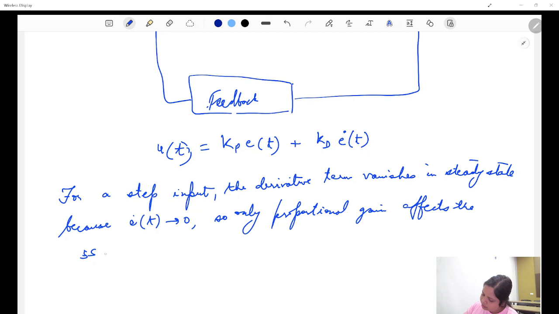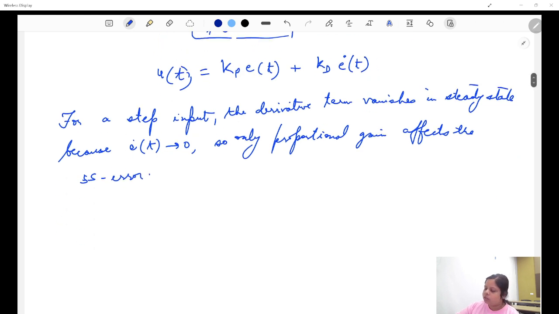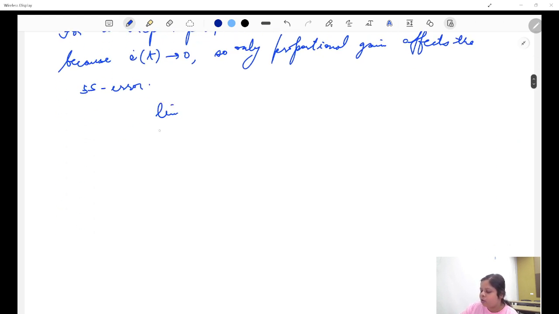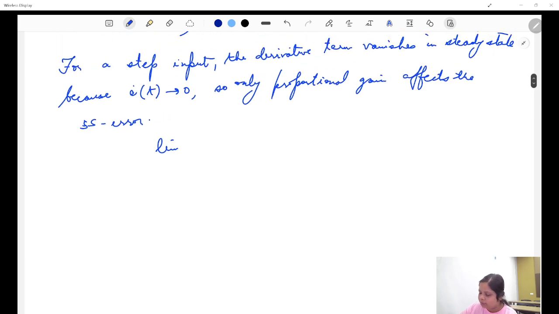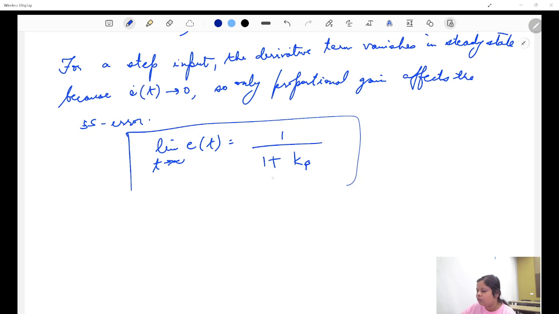steady state error. Okay. So let's say I want to write what is happening in steady state. That means t would tend to infinity, and then E(t) would be equal to 1 upon 1 plus Kp. Do you remember the table that we have in control systems for this? Oh no, I'm presenting my tab, so I won't be able to show that to you. But yeah, this is what you have for steady state. Just let me switch it.